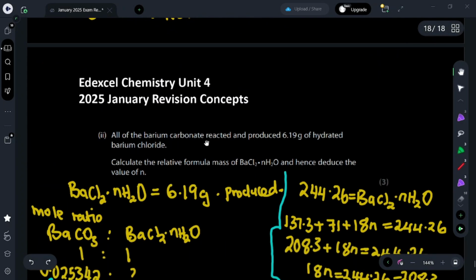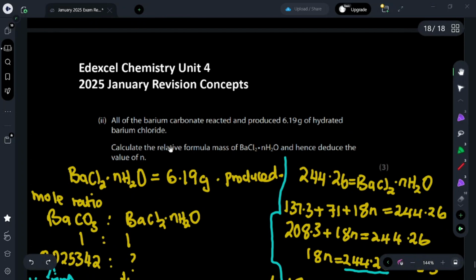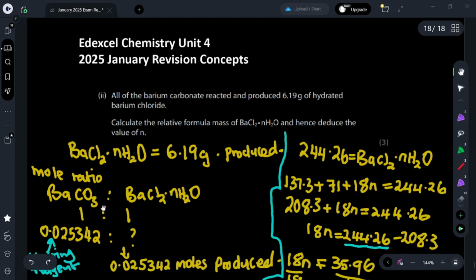Alright, Roman 2. All of the barium carbonate reacted and produced 6.19 grams of hydrated barium chloride. All of the barium carbonate, that was the 5 grams. Calculate the relative formula mass of the hydrated barium chloride and deduce the formula, the value of N. So we produced 6.19 grams of the barium chloride, and we used 5 grams, which was equivalent to